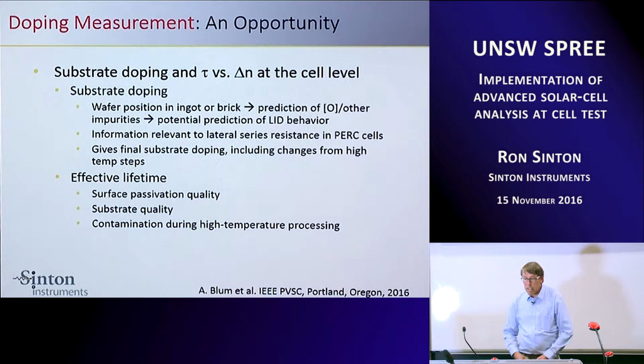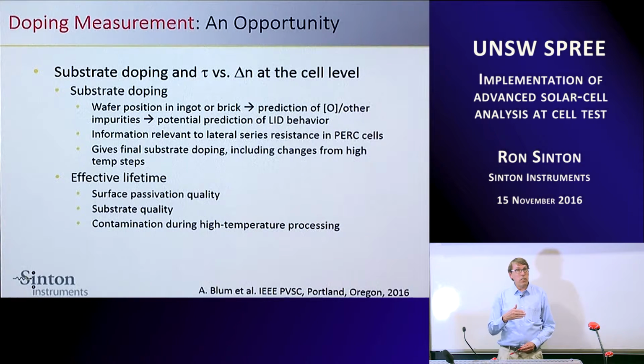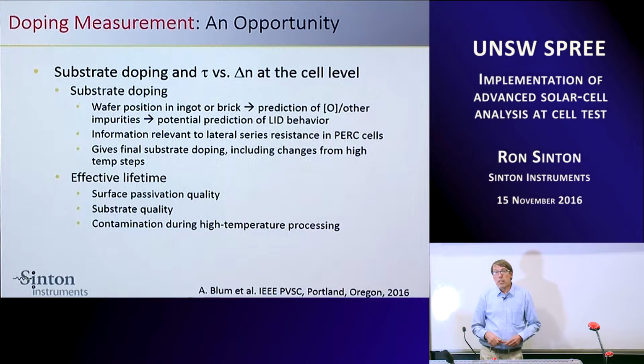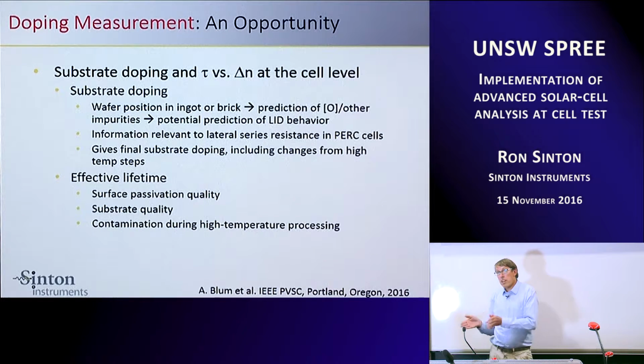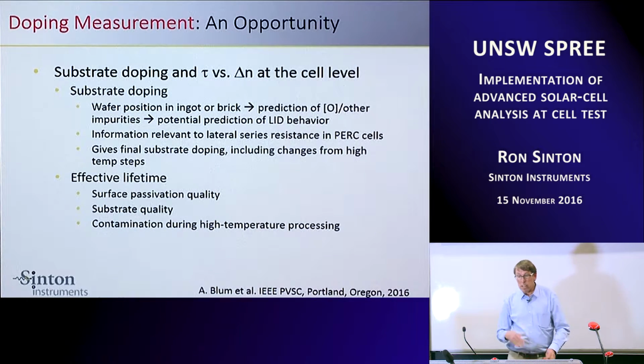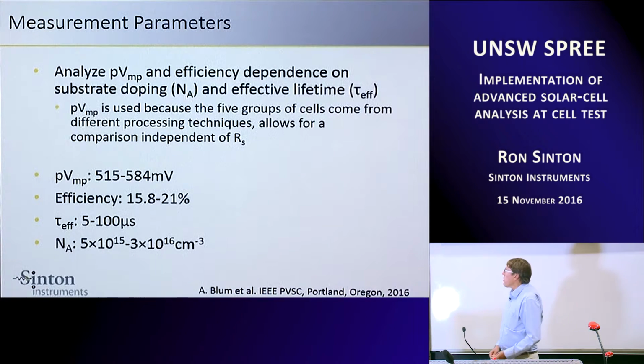It gives the final substrate doping, which includes the changes due to high temperature steps. In most material, you have oxygen donors before you process the wafer, and then if there's a high temperature step, you anneal the donors and the resistivity changes. And so your device physics can be totally different at the end of the process than at the beginning. You also get the effective lifetime, which tells you about surface passivation quality, substrate quality, and contamination during the high temperature processing. What we're going to do is analyze the pseudo-VMP and the efficiency dependence on substrate doping and effective